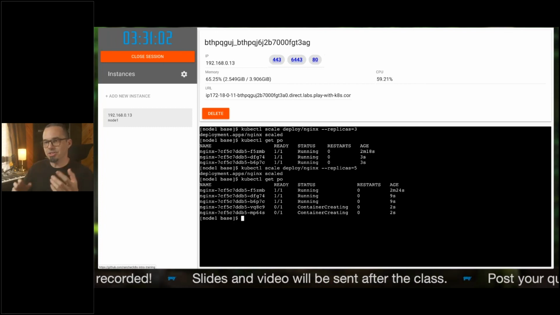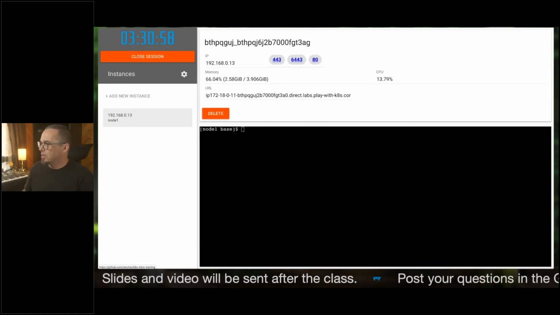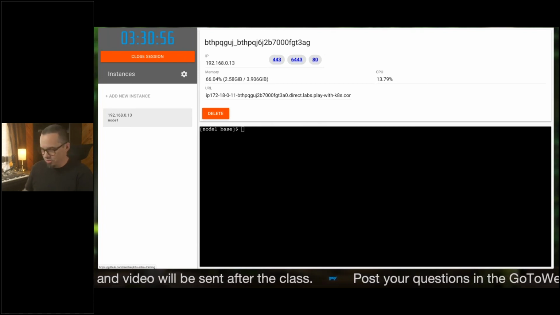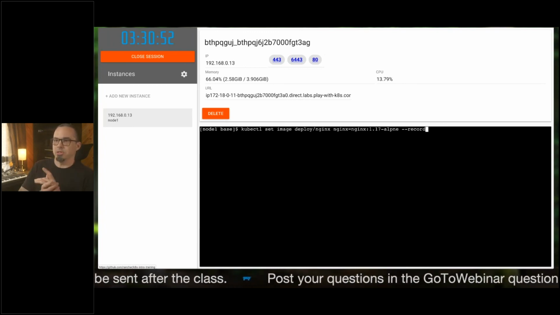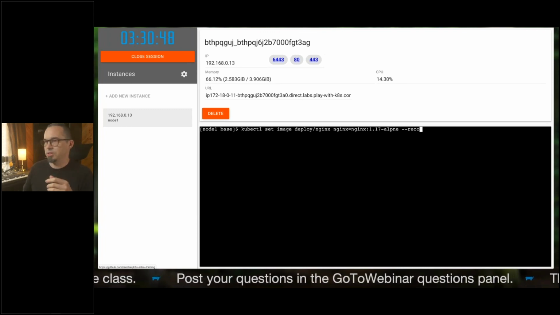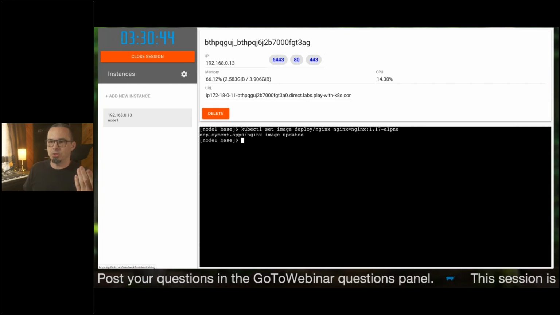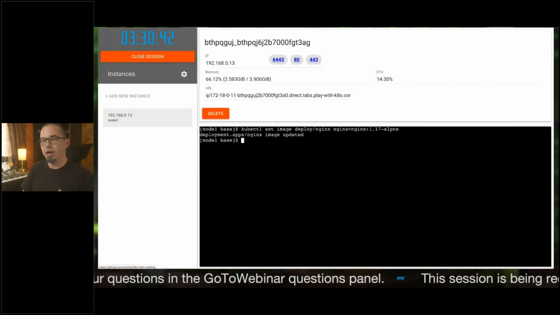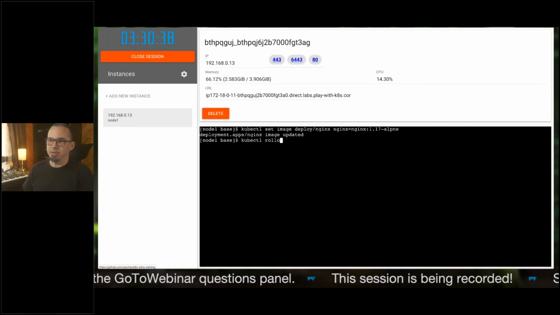But let's change the image. I should just copy and paste this since we're running out of time. Well, not running out of time, but time is valuable. All right, kubectl set image deploy nginx. We want to run nginx 1.17 alpine. I don't actually need the --record in there. That's old. And so it's been updated. So this will begin a rolling update of the application. We can watch this happen